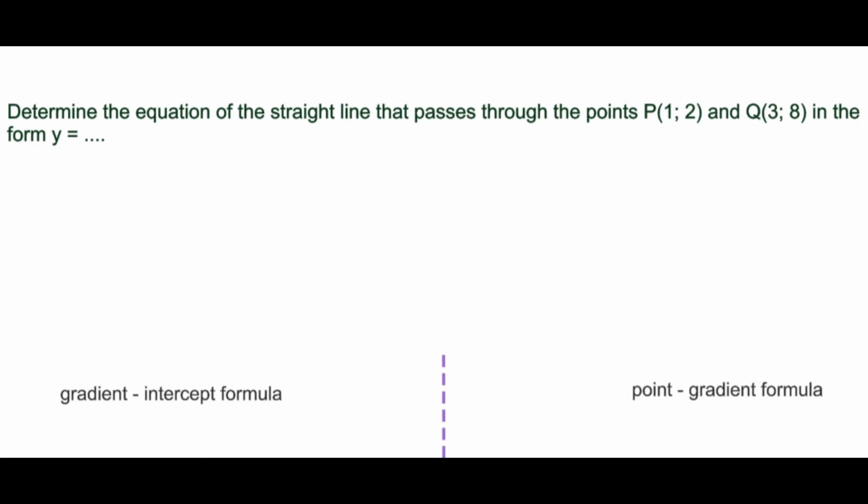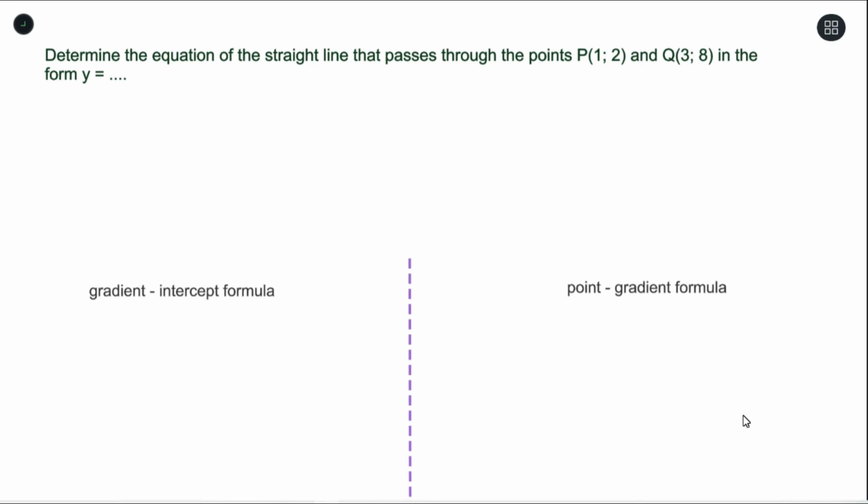We have this question that says, determine the equation of the straight line that passes through the points P, 1 and 2, and Q, 3 and 8, in the form of y is equal to. So now the first thing we do in a question like this for every straight line is to determine your value for your gradient. Now, finding your value for your gradient, we use the formula, which is,